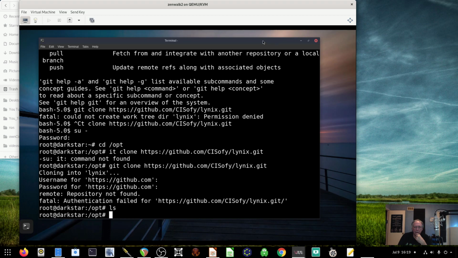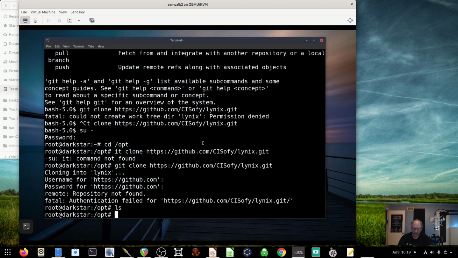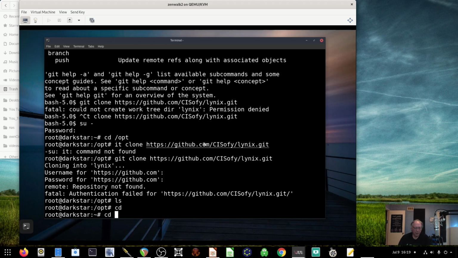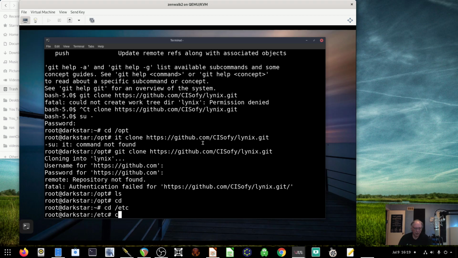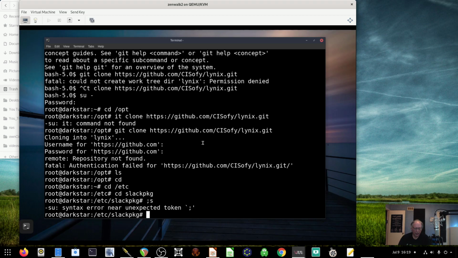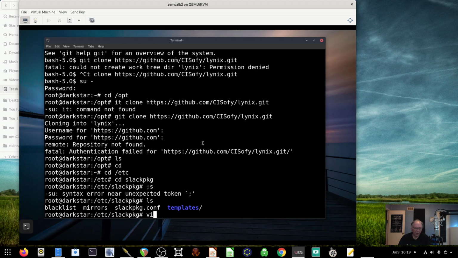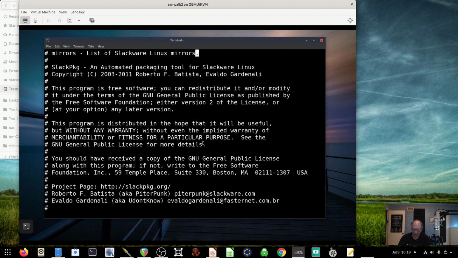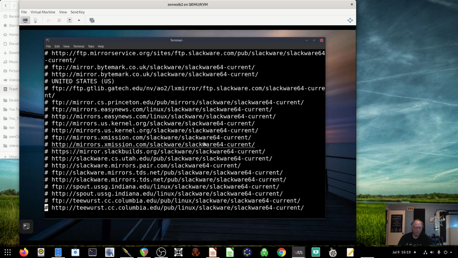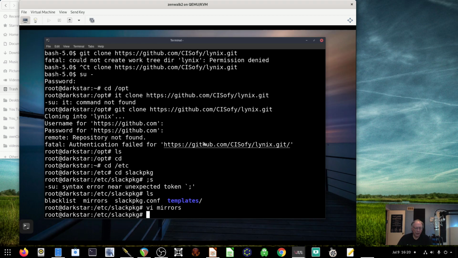Oh, one thing you need to do is get slackpkg. Your fingers are off your home keys. You'll need to enable a mirror. And for the US, they're down here. Let's see, what do I have near me? I probably could go use Utah. That's probably closer than some of those others. All right, so